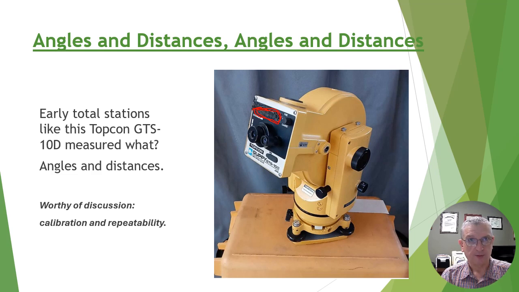Now, it's worth noting on EDMs that in the 1980s, it was very common for most airports that were open to the public, the local SAMSOG, Surveying and Mapping Society of Georgia chapter, or DOT surveying office, would go out with calibrated steel tapes under ideal conditions and measure a long baseline, usually around 1,000 feet. And they would measure it multiple times. They would come up with, this is the distance. We're certain of it. We're good with it. This is what it is.